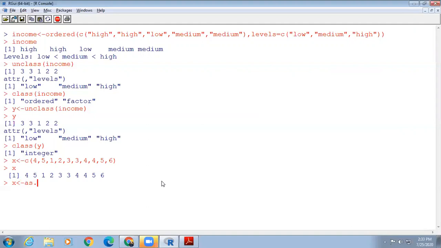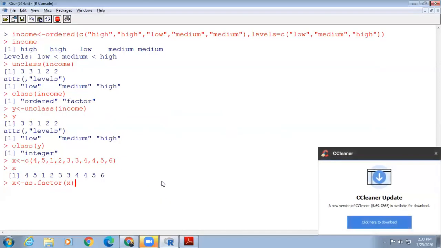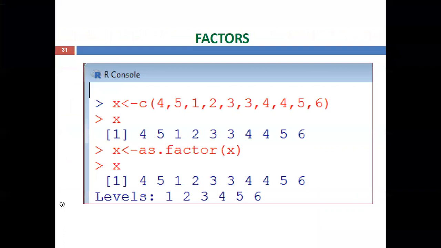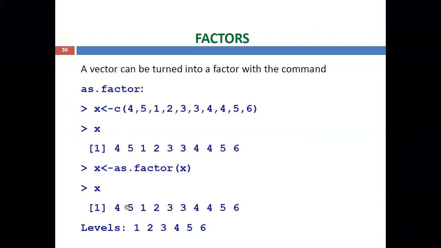Suppose x equal to as.factor of, and you can give the same vector. Now you can call x; that x vector is converted into a factor. How can you tell the vector is converted into a factor? Additionally it displays the levels. See, the same vector data is displayed, but additionally levels are displayed, and by default the levels are in ascending order. So this is another usage of factor, converting a vector into a factor by using as.factor.